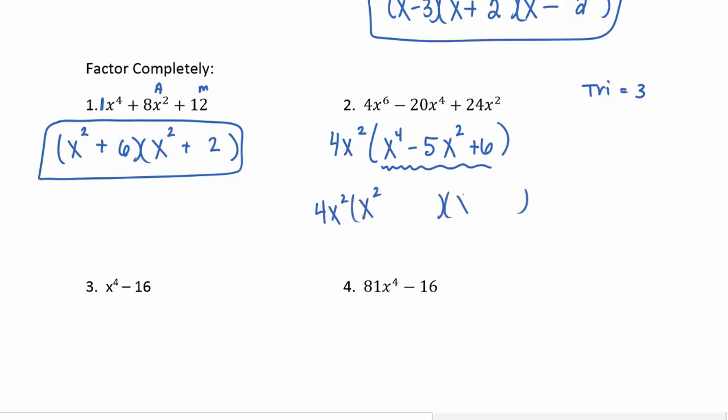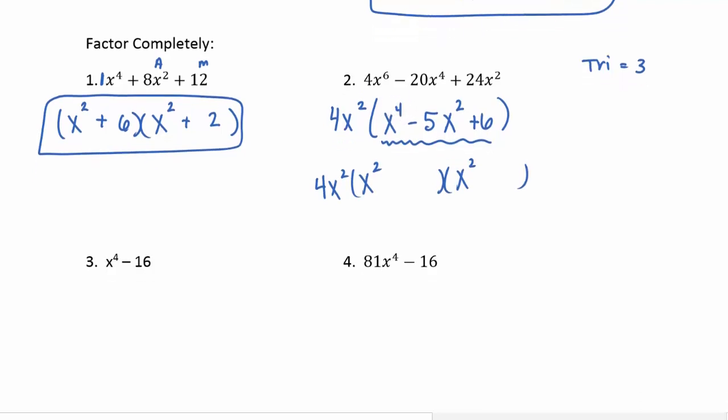So I'm going to split it up into x squared and x squared, because again, now I have x to the fourth. It's a little different than what we did earlier this year, but the same concepts, except for now it's x squared and x squared. So now I need two numbers that multiply to positive 6, but add to a negative 5. So that would be 3 and 2 or 6 and 1. But one can't be positive and one negative, right? Negative 6 times 1 is negative 6, so that's not going to work. So it has to be negative 3 and negative 2, because I get negative 3x squared and negative 2x squared,